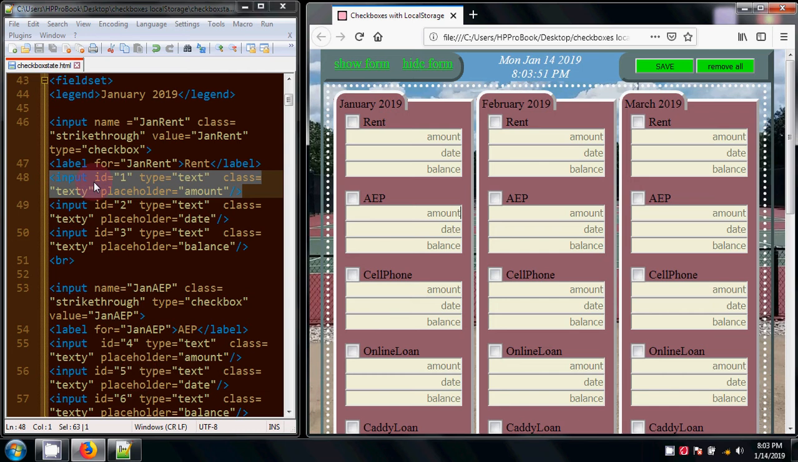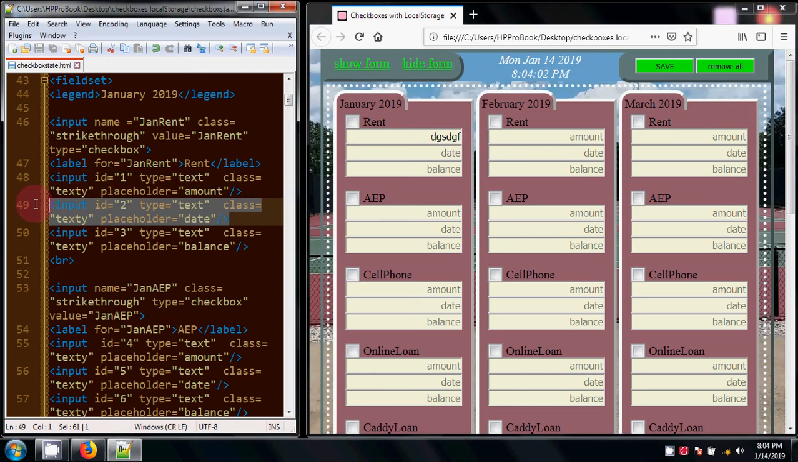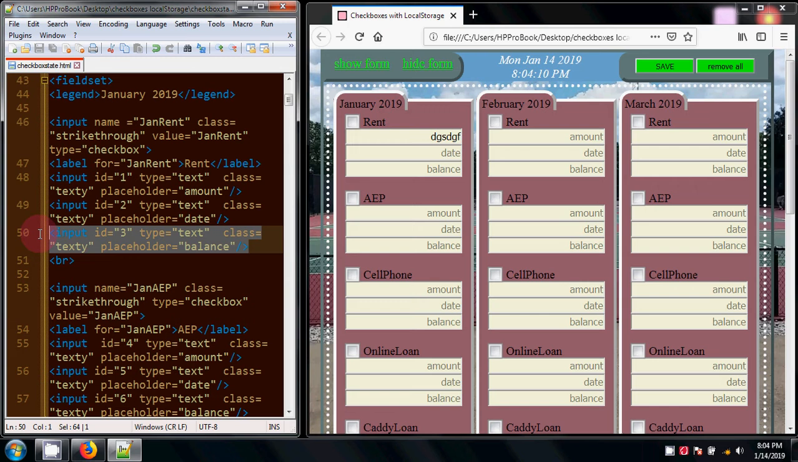So input ID equals 1, type equals text, class equals texty, and placeholder equals amount. Placeholder equals amount is what you see right here for the user to type right over. The next input ID equals 2, type equals text, class equals texty, placeholder equals date. The last one, input ID equals 3, type equals text, class equals texty, placeholder equals balance. And then we give you a little break tag here